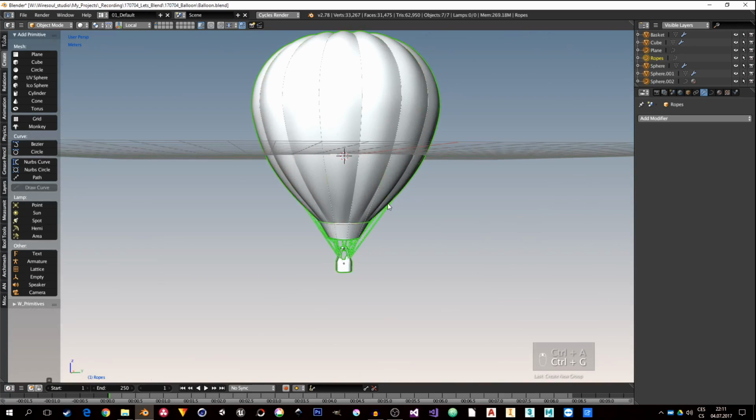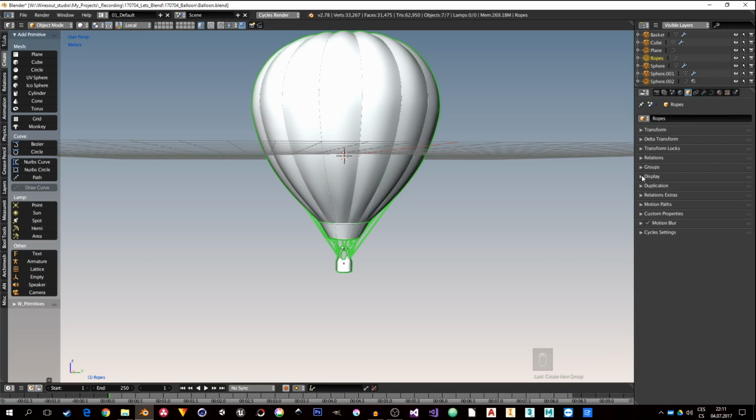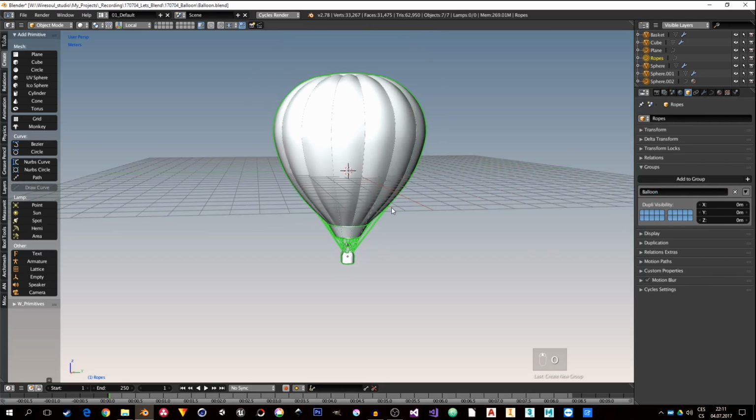So just make it a group, so I can use it in other projects. Balloon, and save the project. Okay. Well, it's definitely longer than I expected. I expected some half hour, but